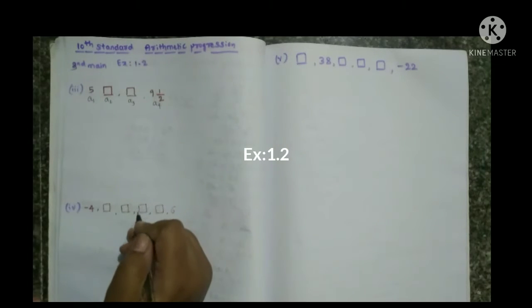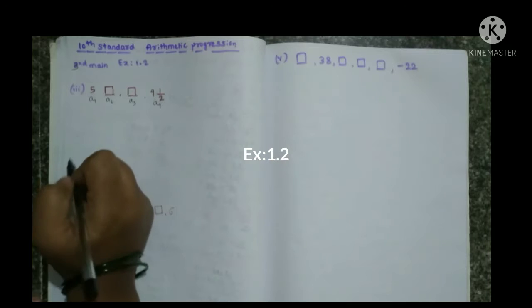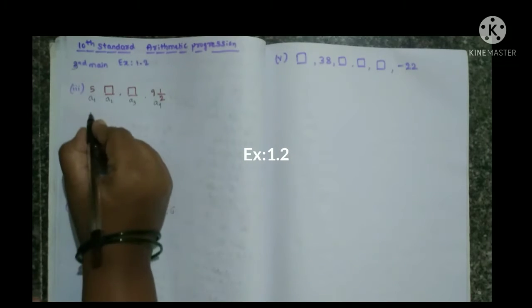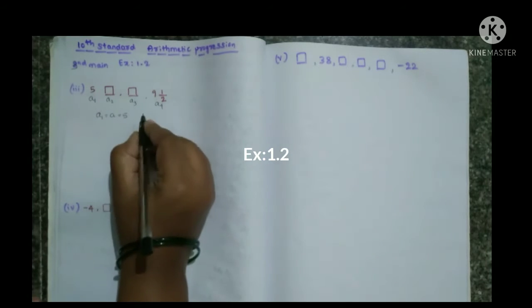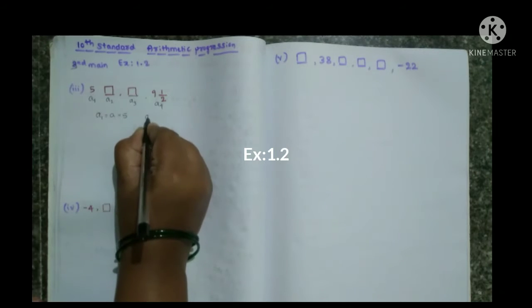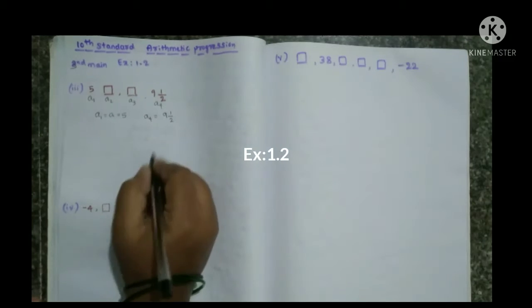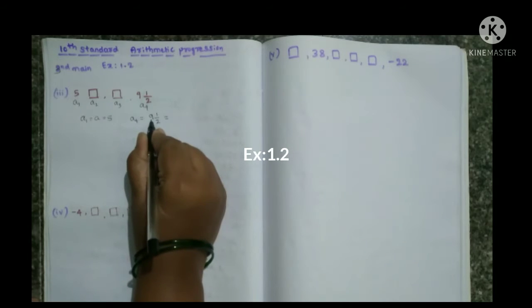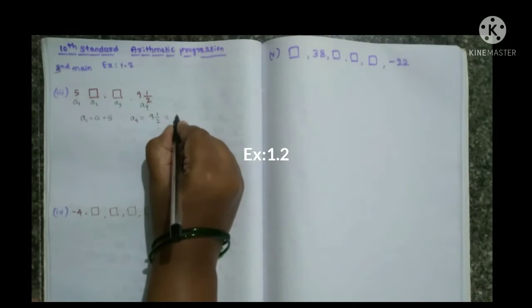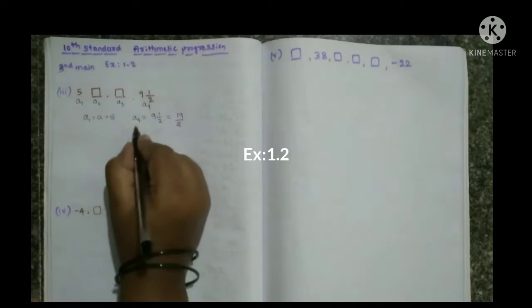I already told you, if you know the first term, easily you can find the common difference, that is D. They have given the first term here, that is A1, and this is A4. What they have given, we will write first. A1 equal to A equal to 5, and A4 is equal to 9 1 by 2. It is in mixed fraction, I will convert this into an improper fraction. You know how to convert: 9 2s are 18, 18 plus 1 is 19 by 2. I converted the mixed fraction into an improper fraction. Now A4 is 19 by 2.